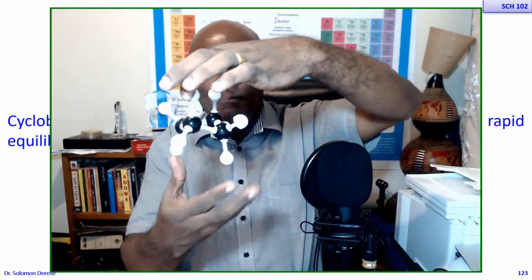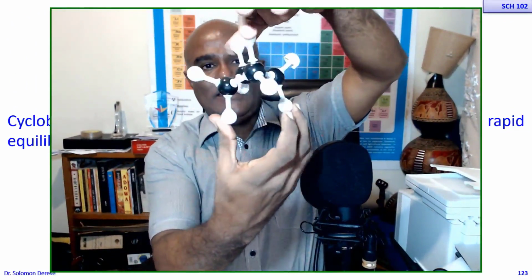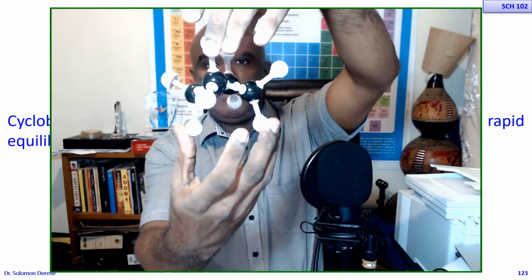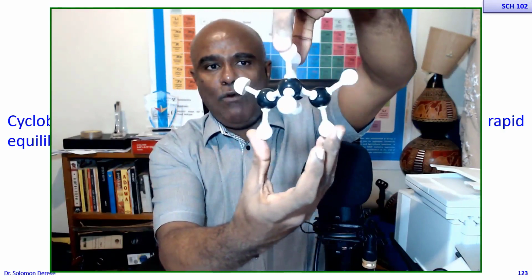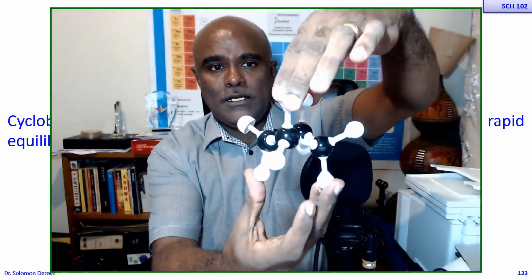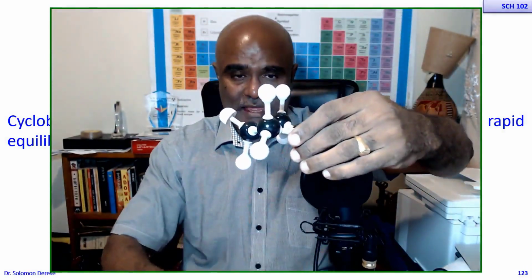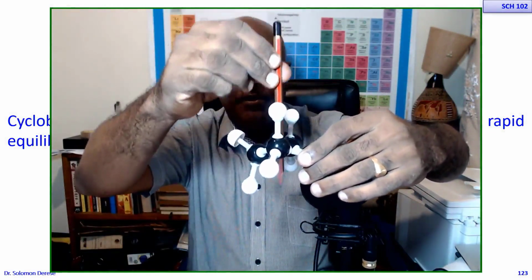The ones I'm holding and the other ones that are across the equator of the ring. Two types of hydrogens. These hydrogens, the ones I am touching, are axial hydrogens, because they are parallel